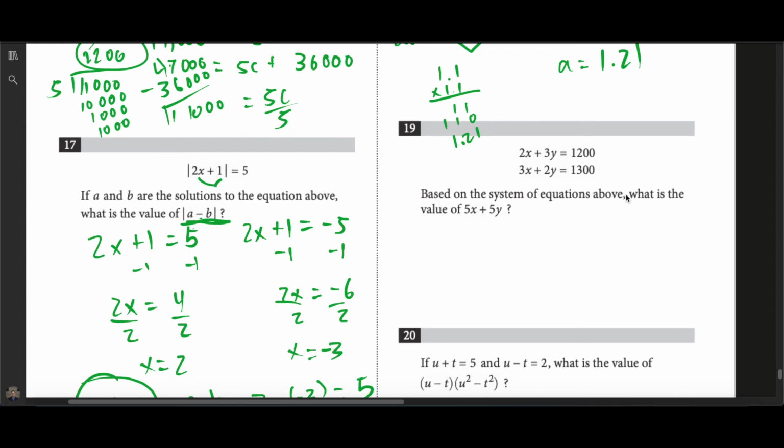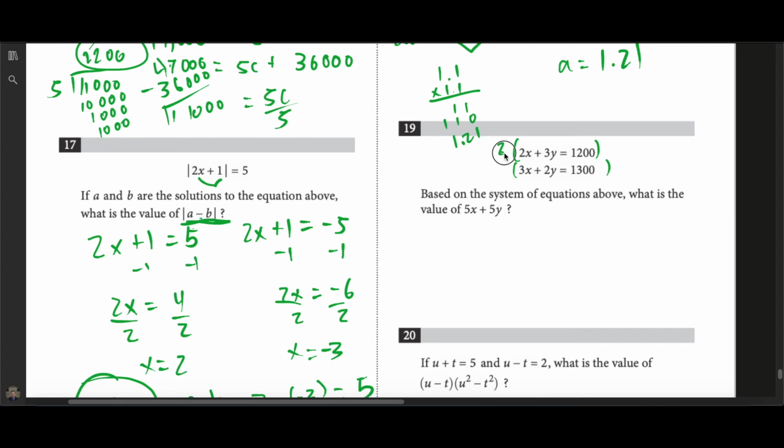Based on the system of equations above, what is the value of 5x plus 5y? All right, so we're looking for each of these individually, x and y. What we need to do in this case is go ahead and use either substitution or elimination. In this case, I'm going to go for elimination. Let's try to eliminate the y's. So I'm going to multiply this by 2 and multiply this whole thing by, let's say